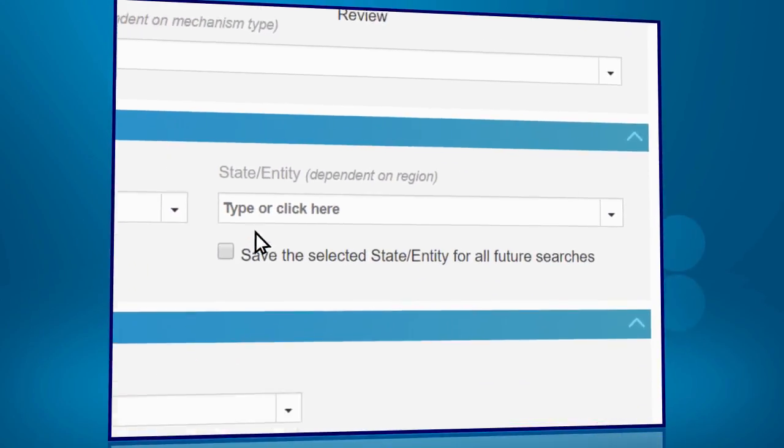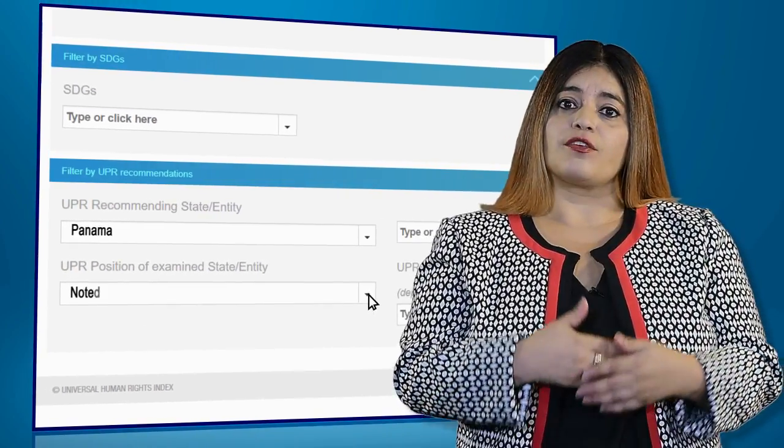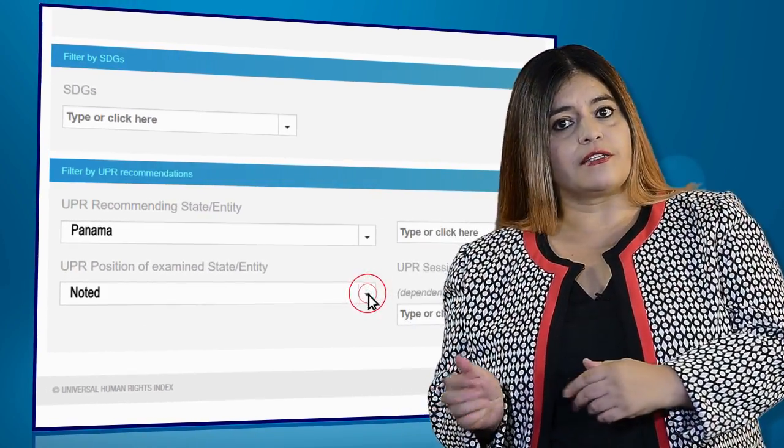The section on UPR recommendations allows for filtering by specific recommendations made by respective states, as well as the specific outcome or position of the state under review, which is classified either as supported or noted.